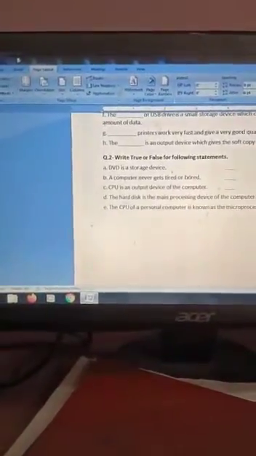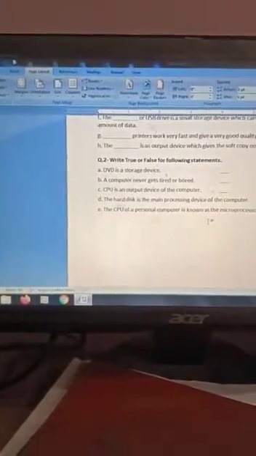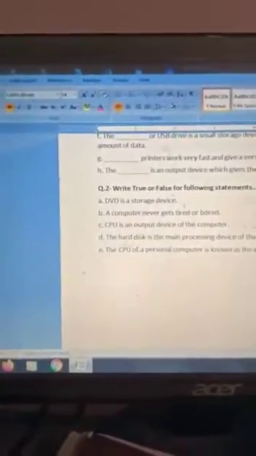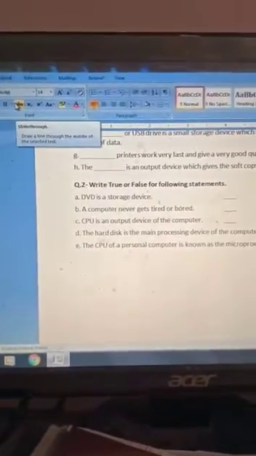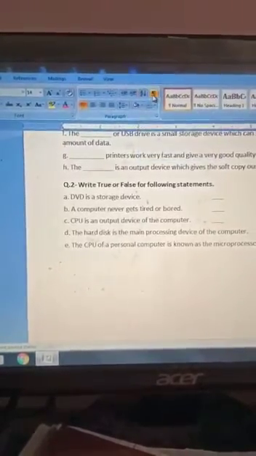So how will I delete a break? From the Home tab, click the Show/Hide command button to show the breaks. Click on the Home tab and then there is the Show/Hide command button. Look here, this is the Show/Hide command button. Okay, click here. Look, that will show you the different types of breaks. There is also, look, a page break shown.